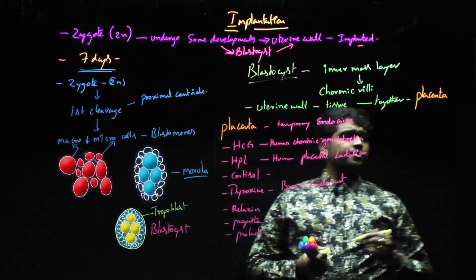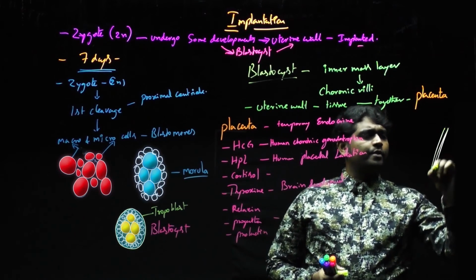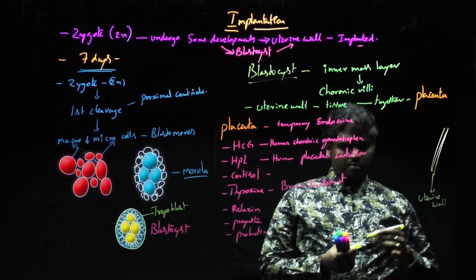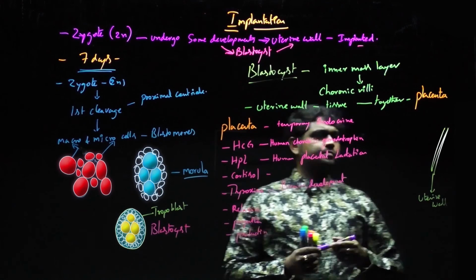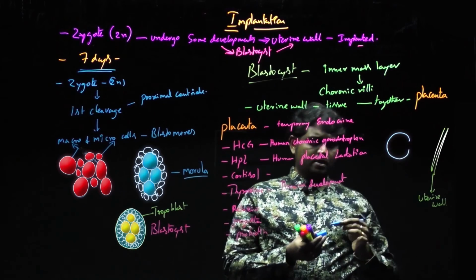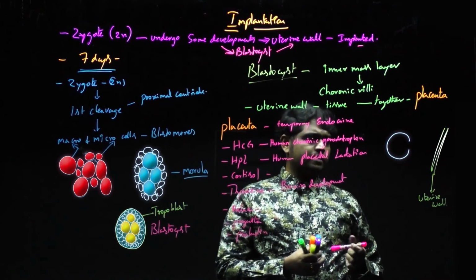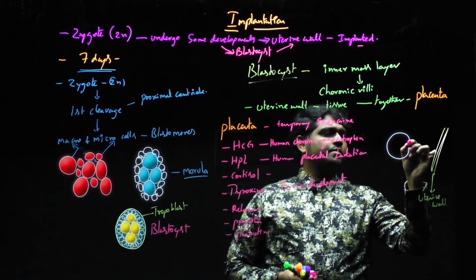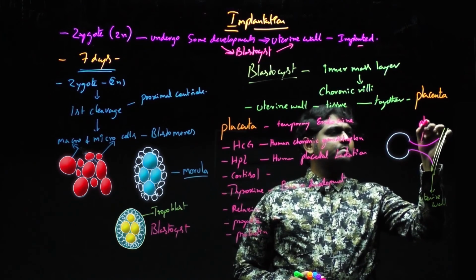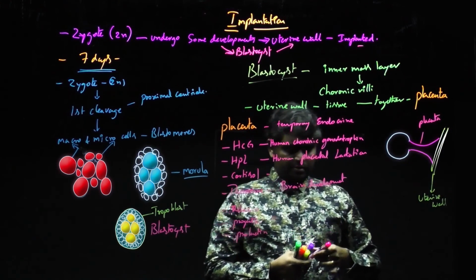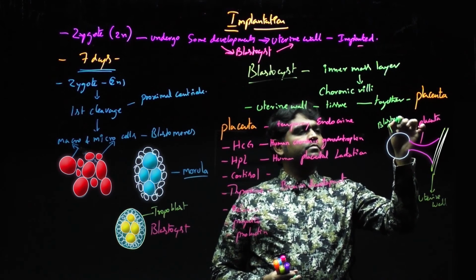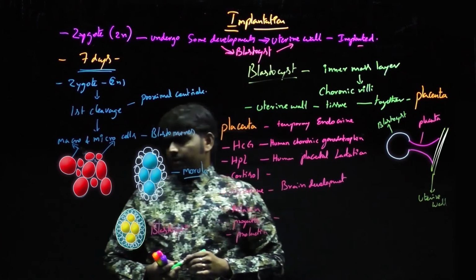If you see here, this is the female uterine wall. Now the blastocyst helps to attach. This is the blastocyst structure. The innermost cells of this blastocyst and the uterine tissues form a structure called the placenta. This is the placenta and this is the blastocyst, the future embryo. So this is the implantation procedure.